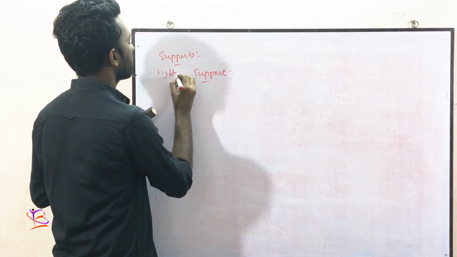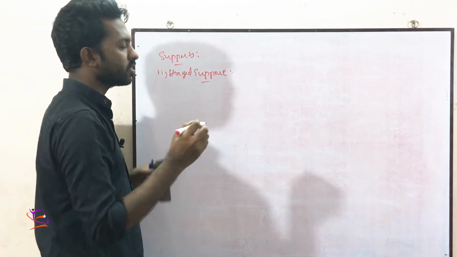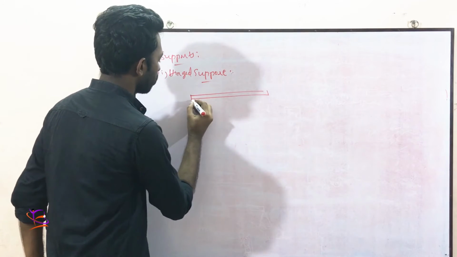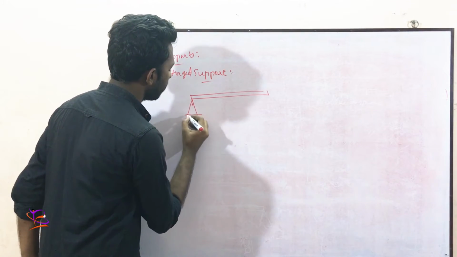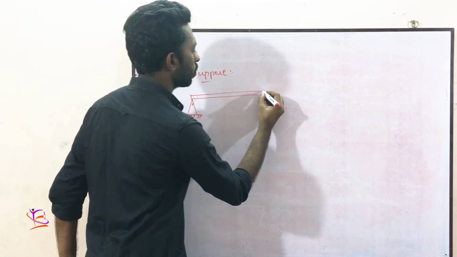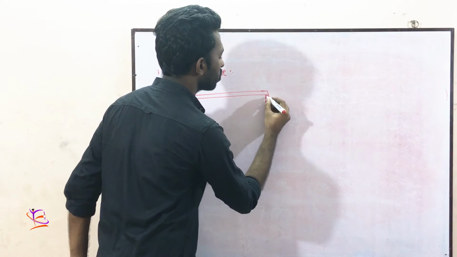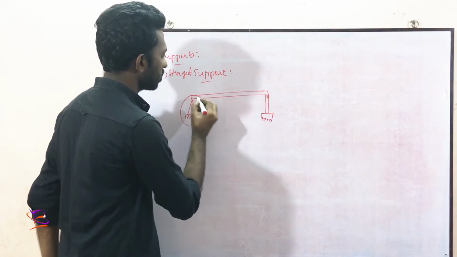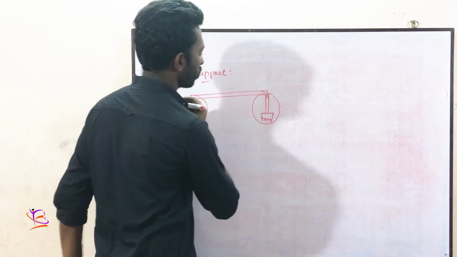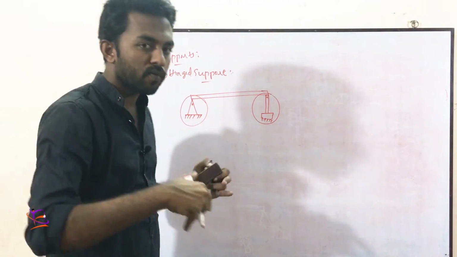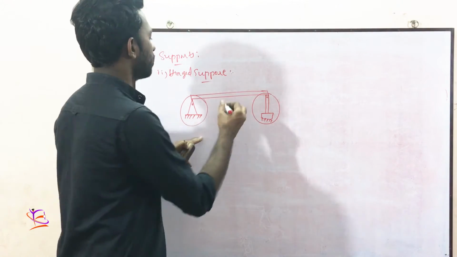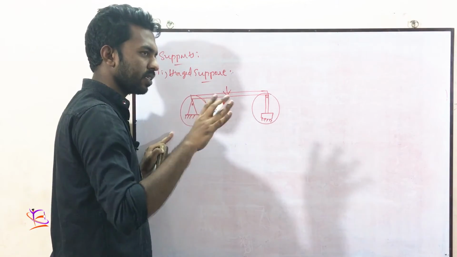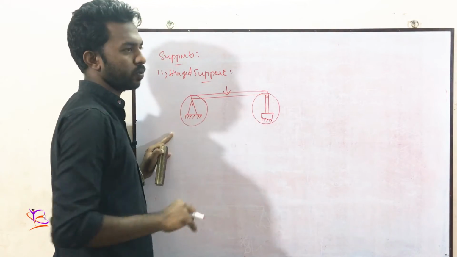The second one we are going to see is the hinged support. So I can say with an example. So this is the symbol basically we are using to denote the hinged support. Otherwise, this is another symbol. This also can be used in other cases of hinged support. So this is called as hinged support. So when some force or load is acting on this beam, what happened to these two supports? Otherwise, we can say that what happened to this hinged support.